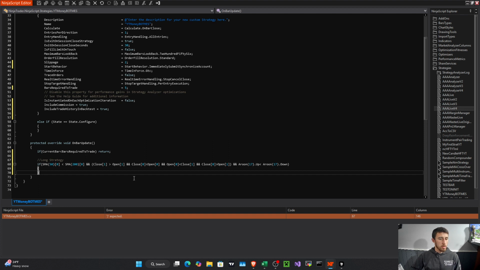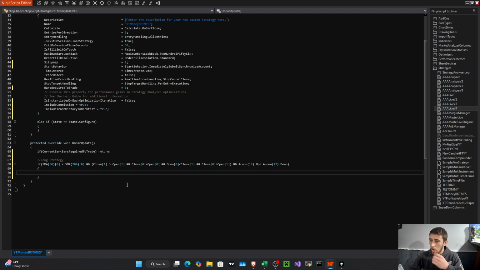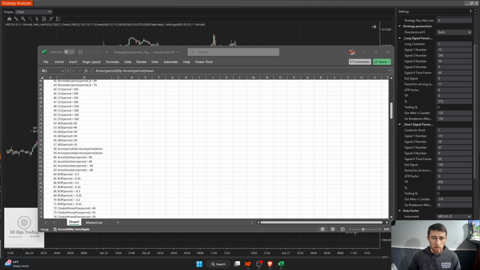And that's our entry signal. Now, actually, we need to change this to the most recent bar and the most recent bar. So when that happens,